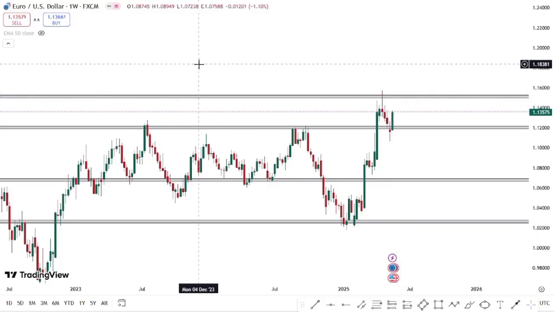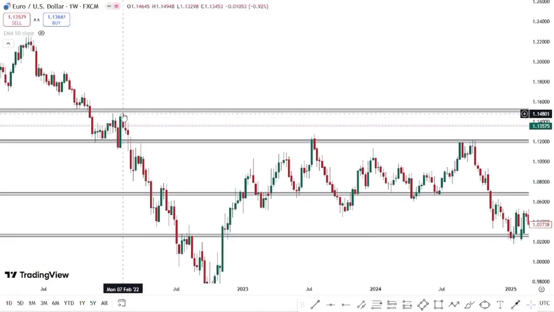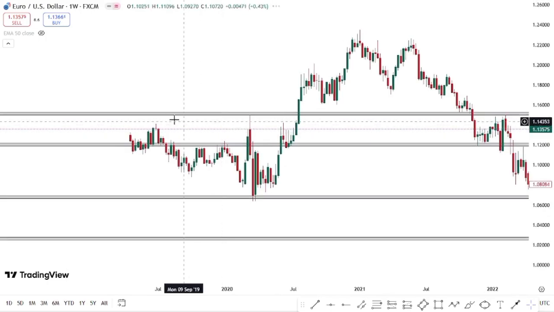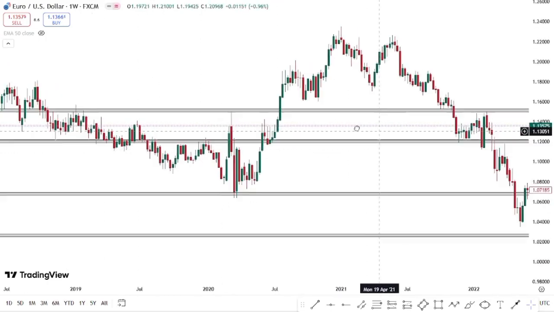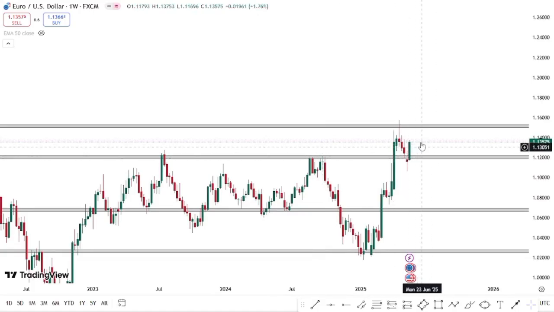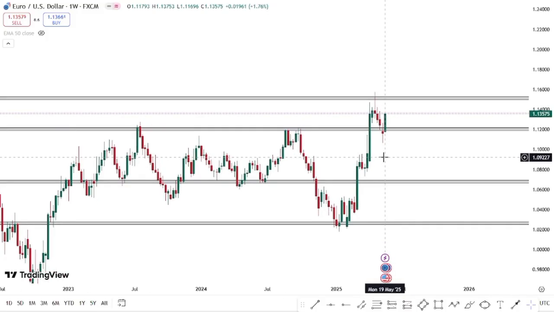Why did I map out this zone? Because if we look left, we can see that price has reacted on that particular zone in the past. So it is normal for us to expect price to go back into that zone. Then we will know if price wants to break that zone or put in a high before dropping all the way down. Now that we've established that Euro USD will be bullish next week,